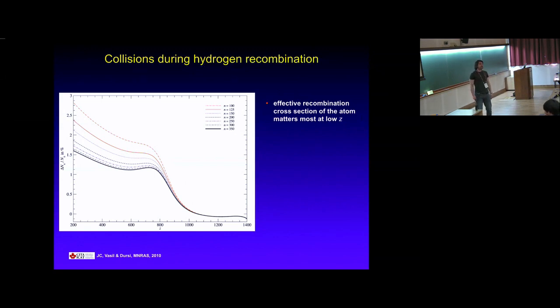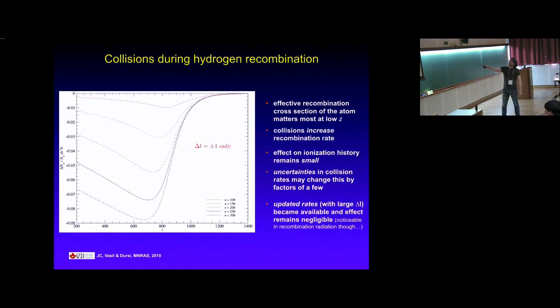The other thing that quenches the levels is collisions. But it turns out that when you include collisions, the most important collisional rate that you have to include is the rate that diffuses electrons across a shell. Because delta L, just skipping in the same energy level, doesn't cost energy, which means it's much easier than, for example, transitioning between some shells or transitioning to the continuum, right? So if you include delta L plus minus 1 transitions, and then again as a function of the maximum quantum numbers you include,